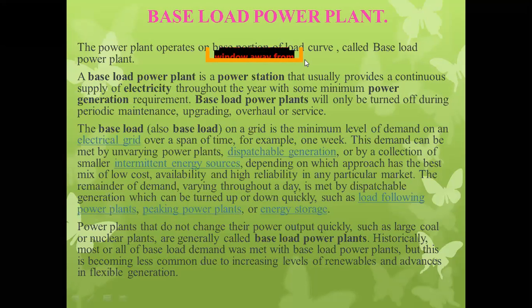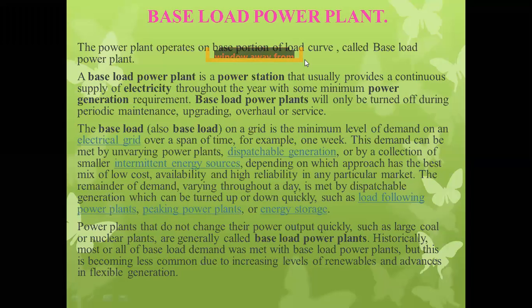So this demand can be met by unvarying power plants, means those power plants having constant power generation. Such a type of power plant may be used as a base load power plant. This power plant must have high reliability. I think this part we have also discussed, but on that day we had so much interruption, so today I will repeat it once again. So the power plant which is going to operate as a base load power plant should have